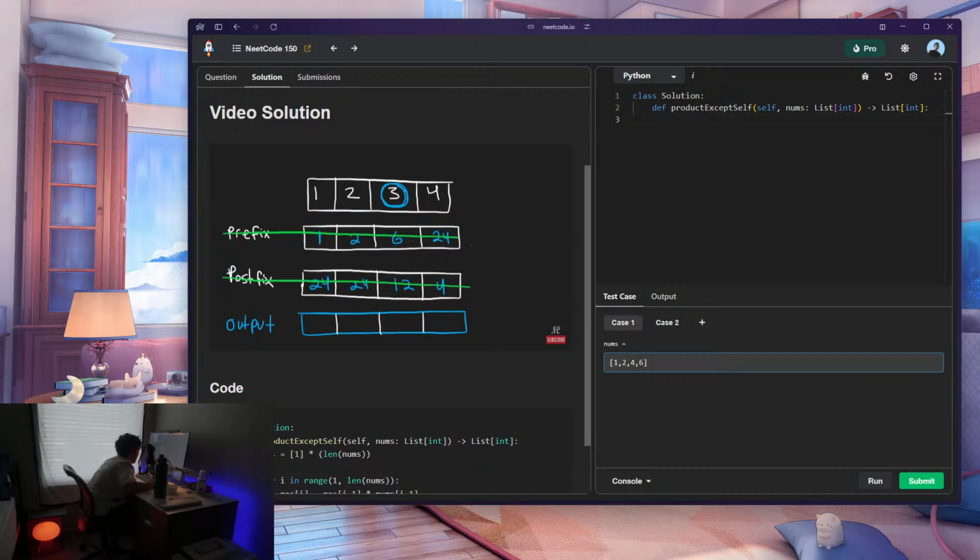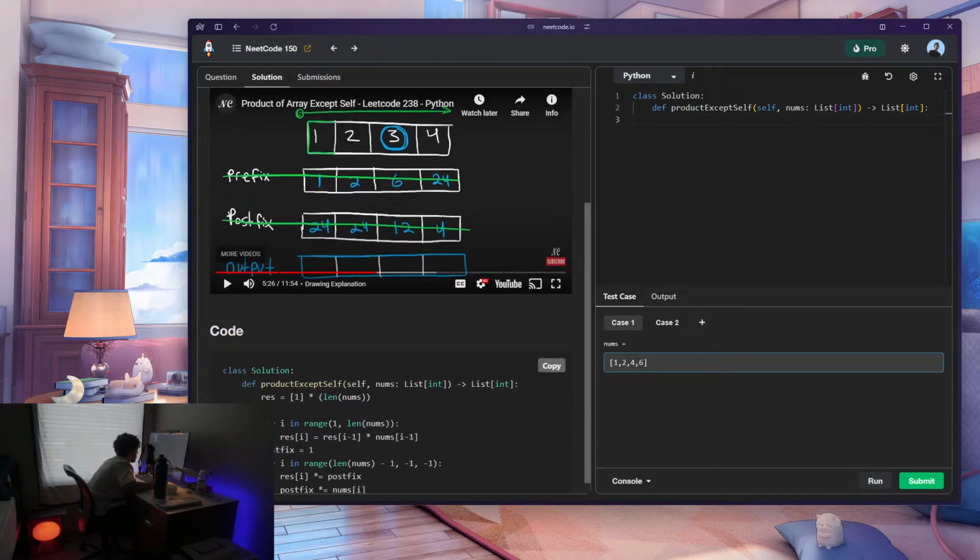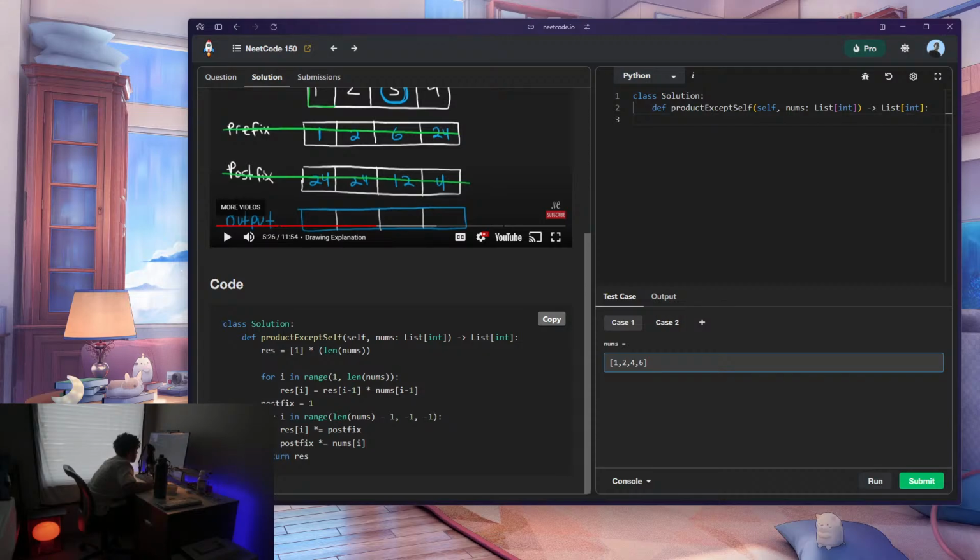So what we're going to do is we're going to do 2 passes on our input array nums. First, we're going to start at the beginning and then go all the way to the end, basically computing every single prefix for the input array and then storing the prefix of